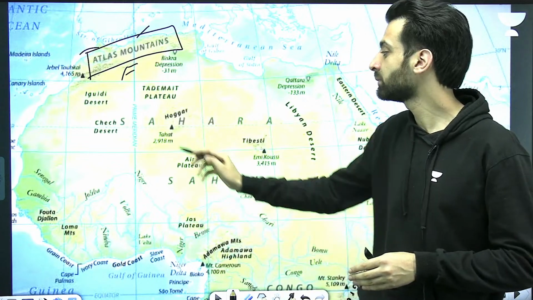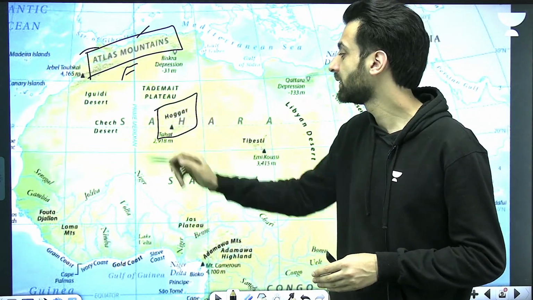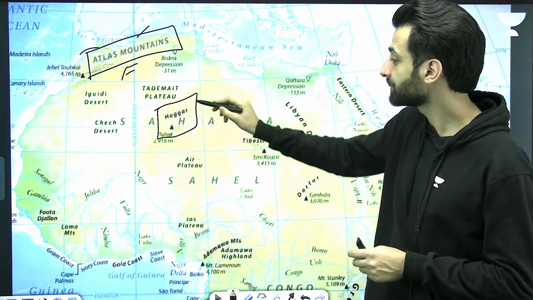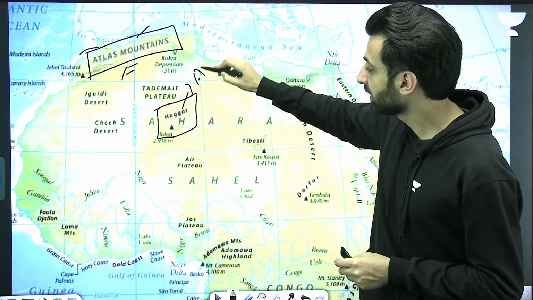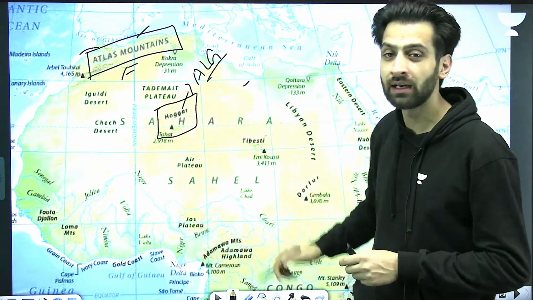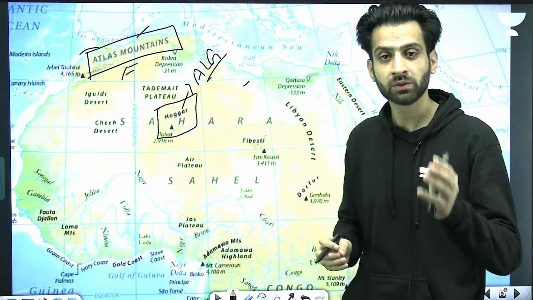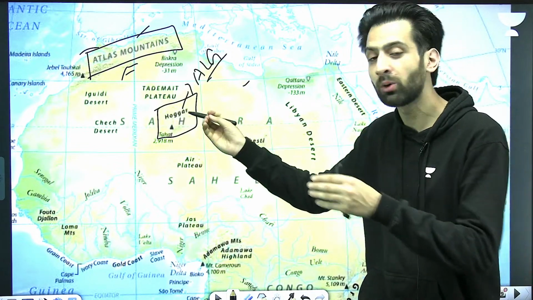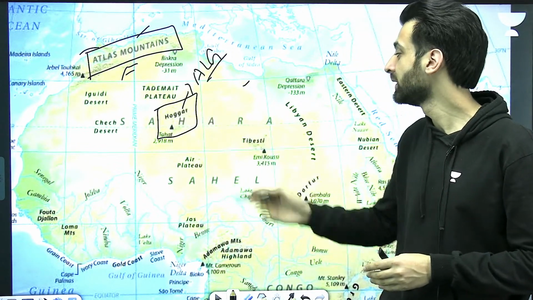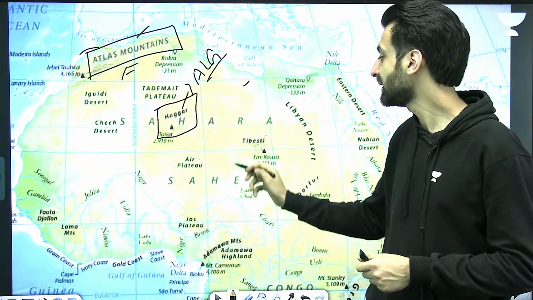Then there is one important mountain, that is Hogar Mountain. Here it is located again in Algeria. There are a lot of mountains present in Africa, but we'll only be discussing those that are very important. So don't think we are missing something. These are the important mountains. The Hogar Mountain is very important. It is located in Algeria. Then you have